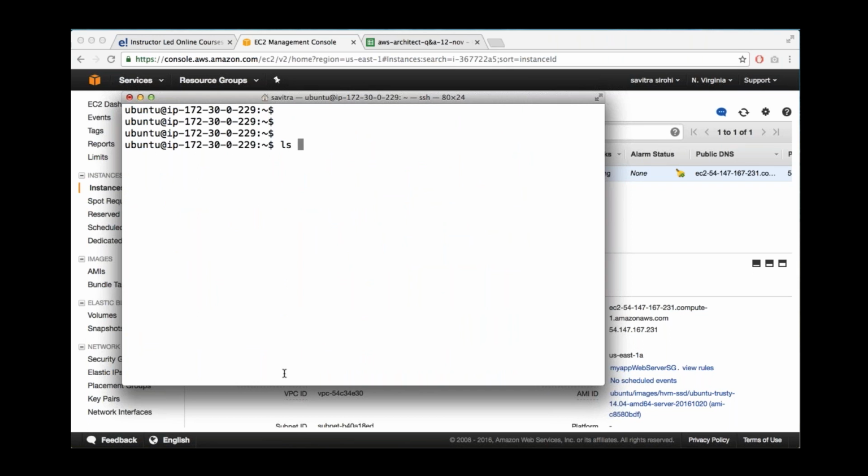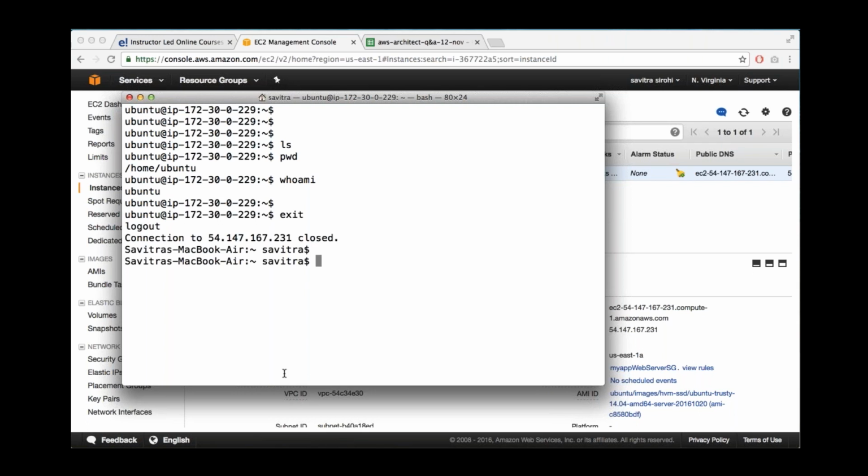So you can run your Linux commands, something like ls, pwd, which tells you which directory you are currently in. You can run whoami, which tells you what is the user that is currently logged in here, right? You can run all kinds of commands. All the standard stuff that you need to run on a Linux machine can now be run because you are connected to the Ubuntu server. All right. Okay. Let me exit, and when I exit, I'm back out into my own computer, right? So right now I'm on my computer,